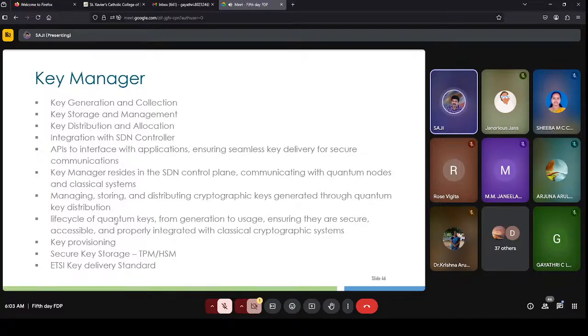If it is not there, it initiates the generation of keys. Then the quantum channel will be up, generating the key and collecting it in the key store, and based on the key requirement, they distribute